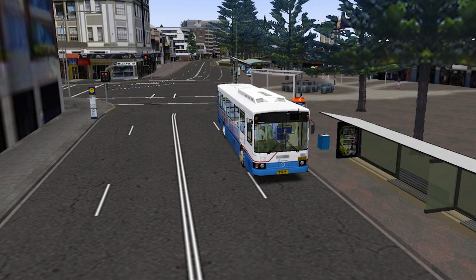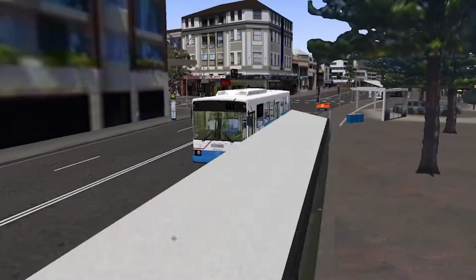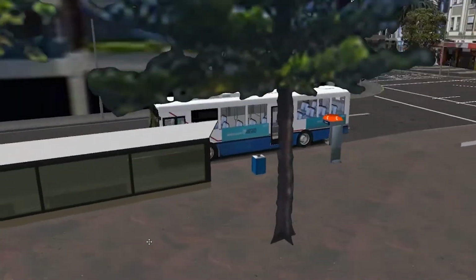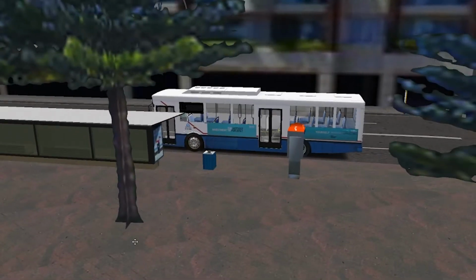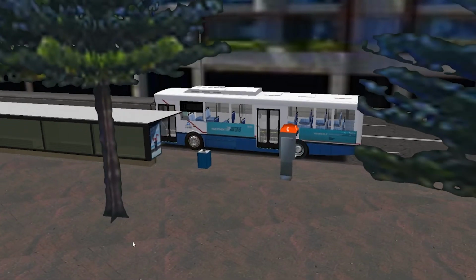This is a new series that I'm calling Sydney Bus Simulator. It is a map based on a real part of Sydney, and it was so good. I was randomly flicking through YouTube at my place of employment on a break, and I noticed that there was a Sydney map for OMSI 2. And so I thought, you beauty, this is really good, because often in terms of simulation and localization, Australia really misses out,